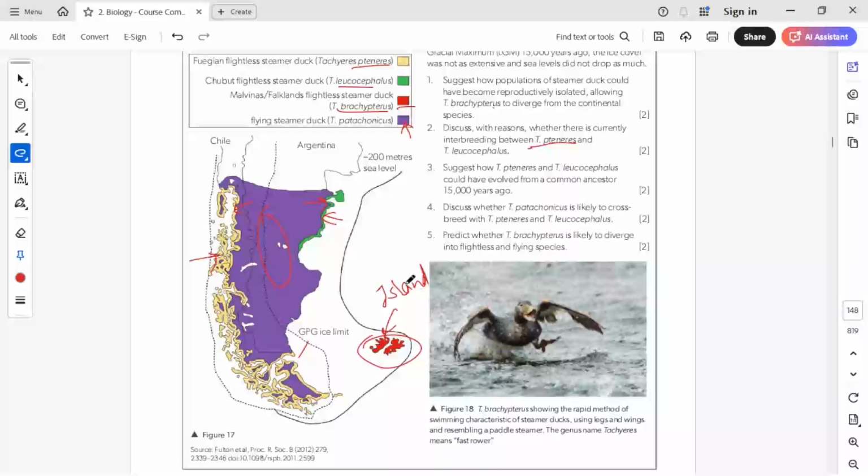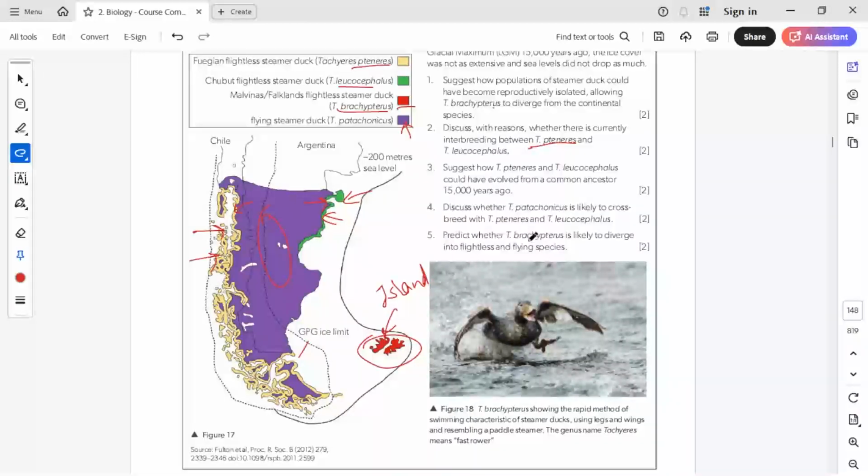Okay, so here the interbreeding might take place in the coastal areas, probably because they can reach the coastal areas, but in the inland areas this interbreeding cannot take place, because the green and the yellow species cannot migrate and reach the inland area. But in the coastal area there is still a probability, because they have developed from a common ancestor, so there might be a little bit of possibility that crossbreeding can take place.